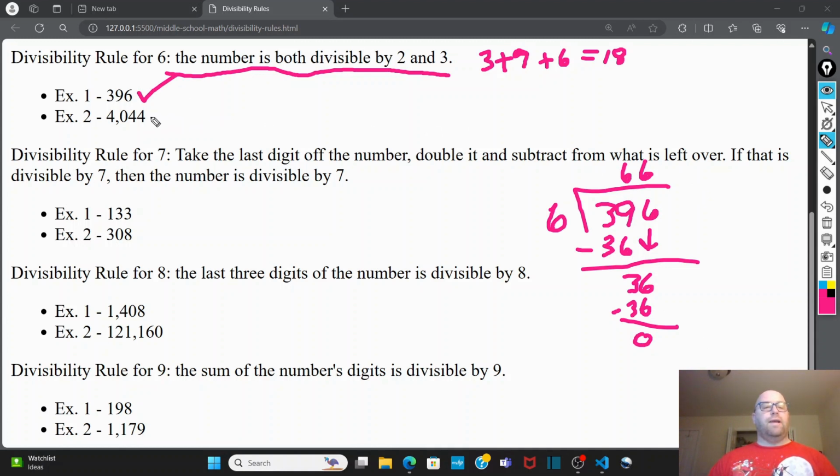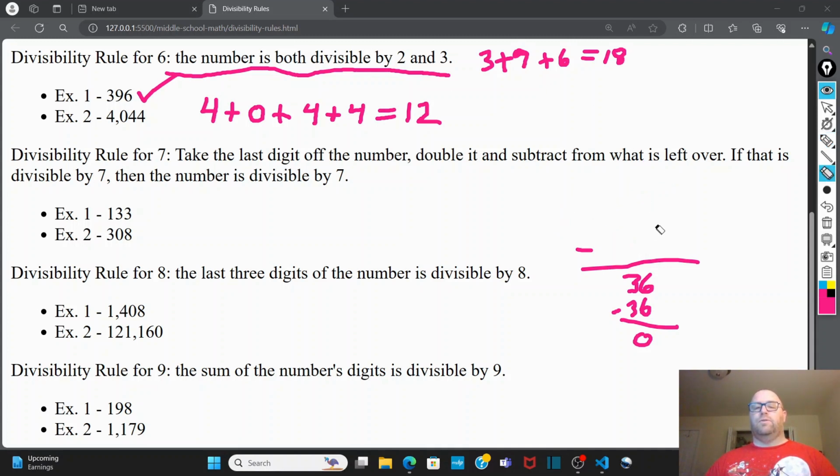Let's check this next one. So it ends in a 2, or ends in an even number, which is divisible by 2. And let's add up the digits. So 4 plus 0 plus 4 plus 4. So 4 plus 0 is just 4, plus another 4 is 8, plus another 4 is 12. 12 is divisible by 3, so this number should be divisible by 6. Okay, let's make some room. And let's try it out. So we got 4,044